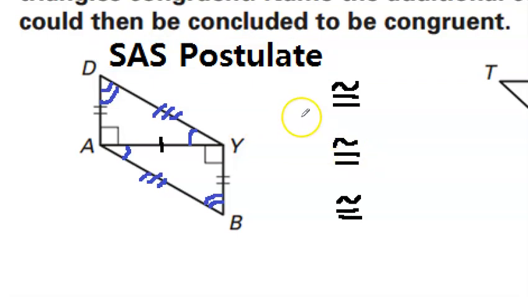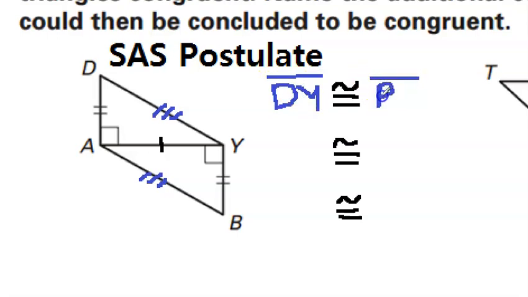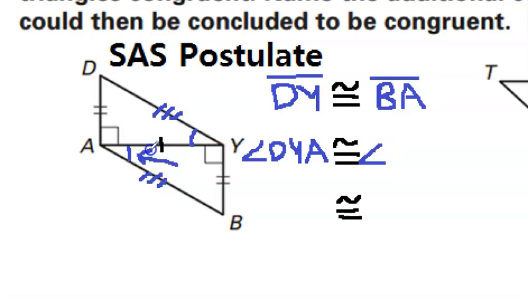So let's mark this down here. The first thing we came up with were those 2 sides. So I could say segment DY is congruent to segment BA. That statement is also true. We tried this angle out. Okay, we should probably go with that. We'll say angle DYA is congruent to angle